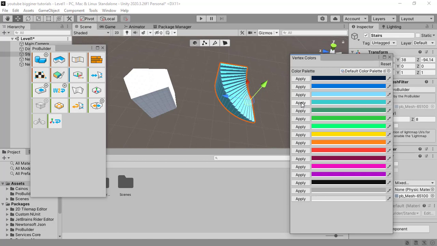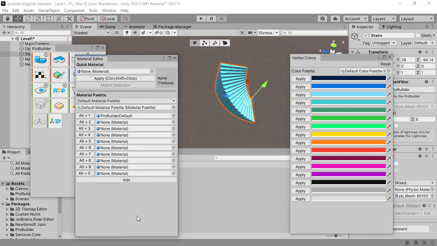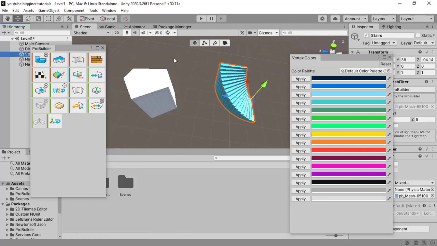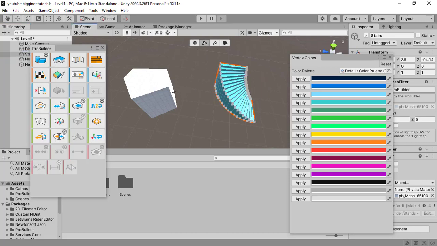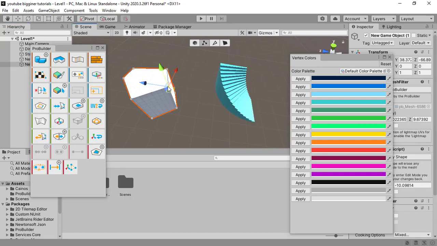but also you can change the material by dragging and dropping the material onto the game object. And in here we have the material editor, where you can drop all of your materials and click add to add all of the materials to your prototype. So now it's time to go to the vertex selection mode. Just go to it and I will choose this one, and if I want to change its position,